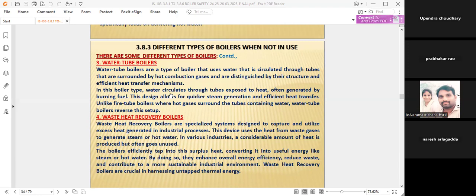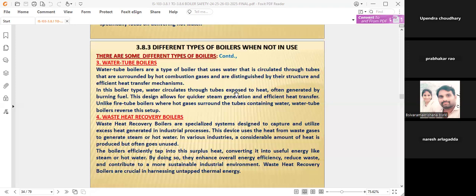where inside the tube water is going, and outside the tubes are the flue gases released after combustion of the boiler fuel. The flue gas heat heats the water inside the tube, and thereby we get the steam. That's why heat transfer takes place from flue gas to water tube. That's why water tube means inside the tube water is there, outside the flue gas from combustion will be there. In this boiler type,